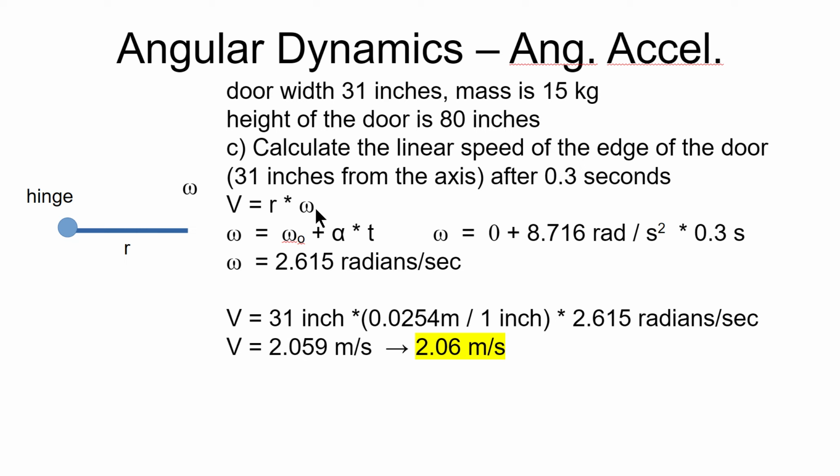For the omega, what is the angular velocity of the door? Well, we can use the kinematic equation. We're assuming we have a constant force at a constant angle to the door. So that'll give us a constant value for the alpha, for the angular acceleration. And then we're allowed to use omega equals omega naught plus alpha times t. So the final angular velocity after the time interval, we started at 0 angular velocity, the door was at rest,